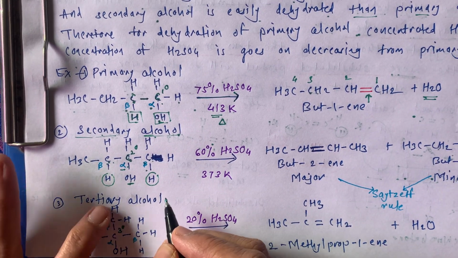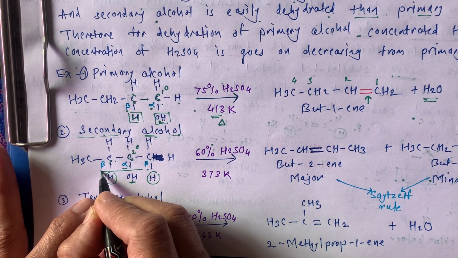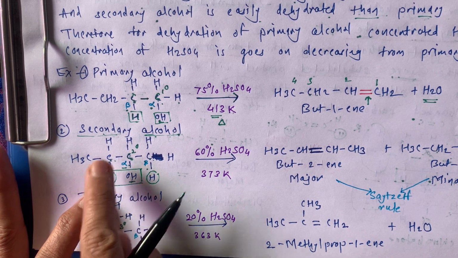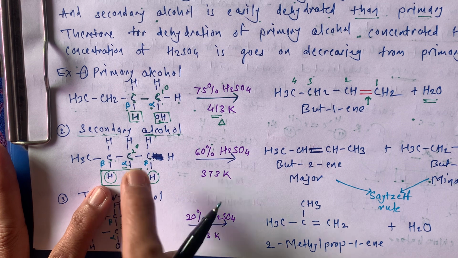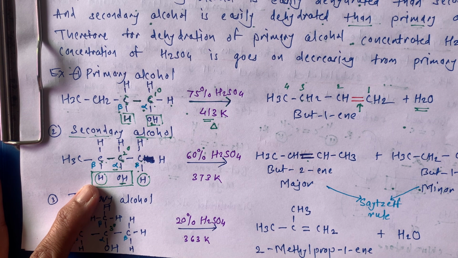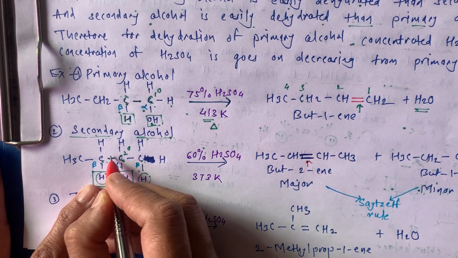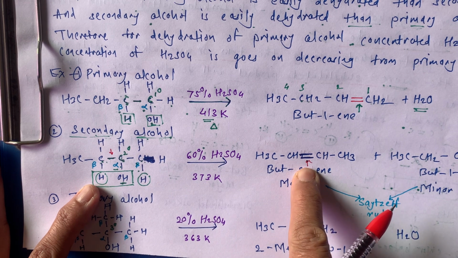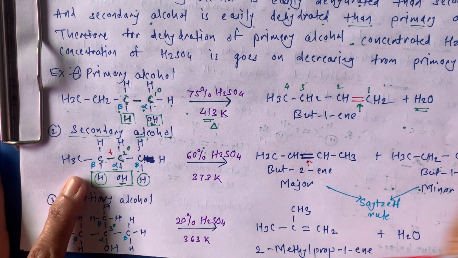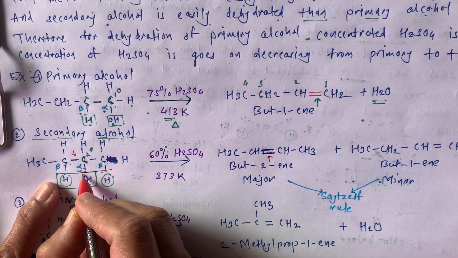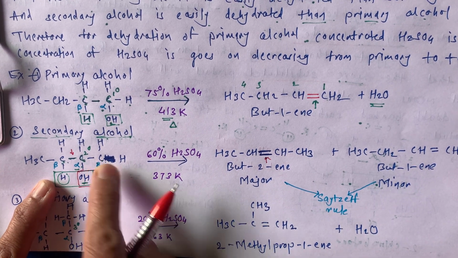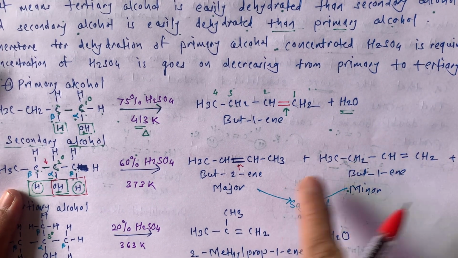Okay. So in the first case, if we remove this HOH from this left-hand beta carbon, then we will get this product. This single bond is converted into a double bond; here it is double bond formation if you remove this H from this beta carbon. And in the next case, if you eliminate this hydrogen from the other beta carbon, then the product will be like this.